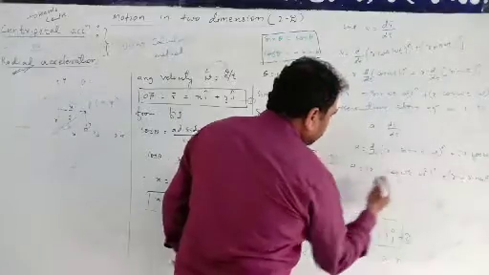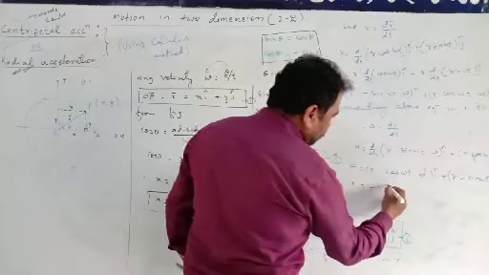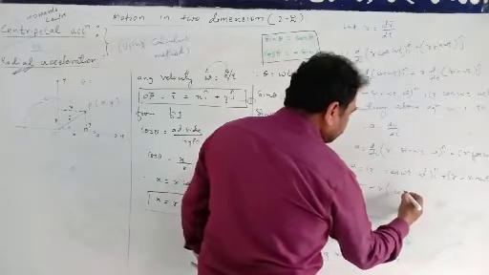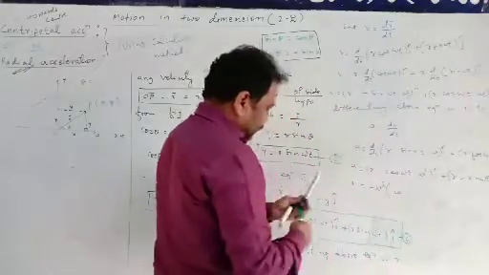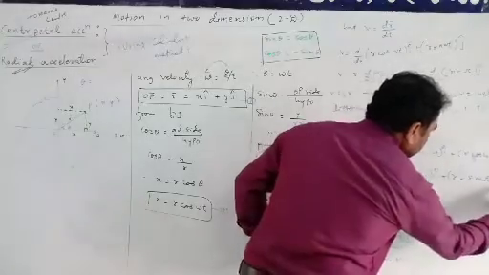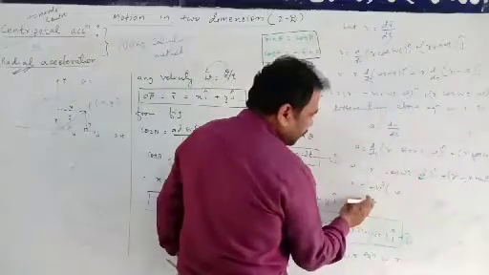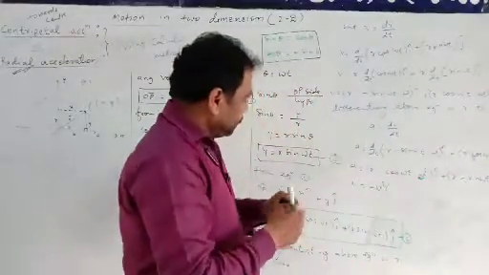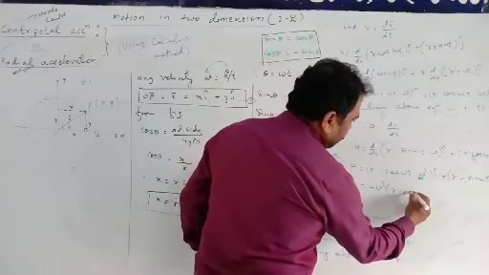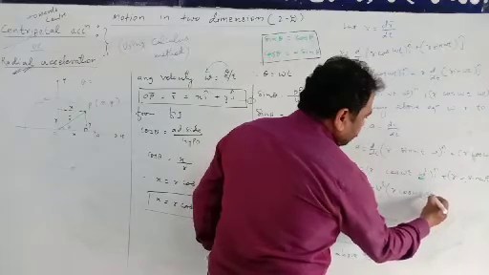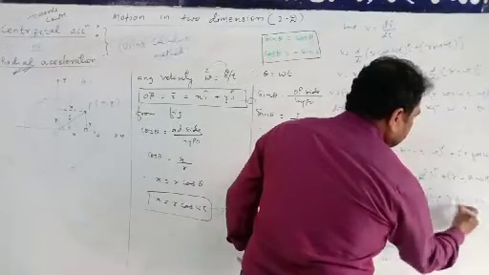Now see these common terms. A minus sign and r will be common here, and omega square is common here. So the minus sign and omega square are common, and the remaining terms we can write in a bracket: r cos omega t into I cap plus r sin omega t into j cap.